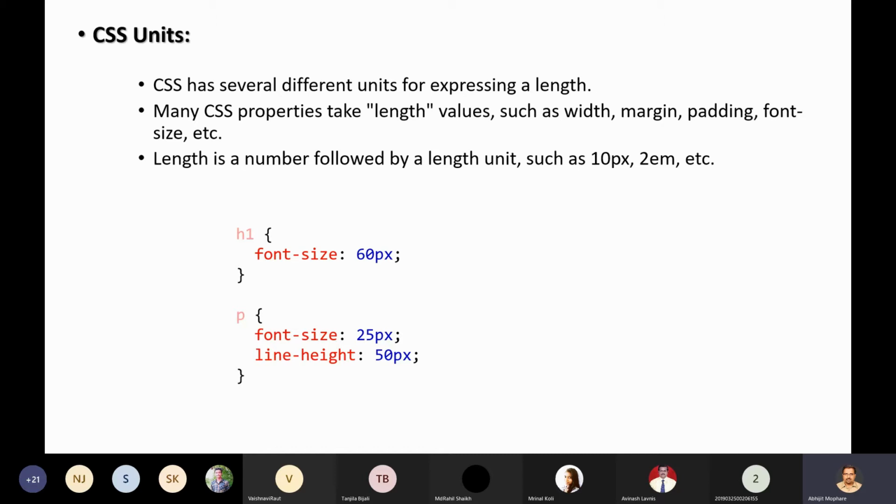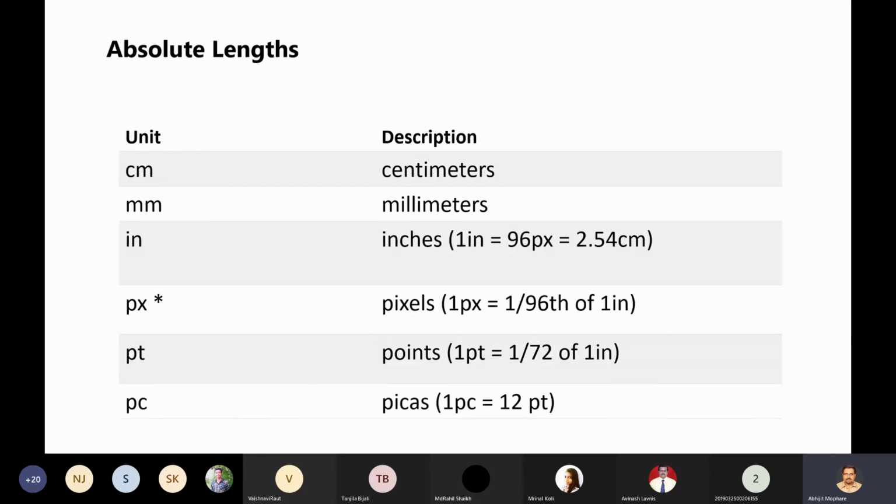It is quite rare, hardly 0.5% possibility, where you give the fixed length or absolute length. Normally we don't give absolute length unless we require it. The pixel, px, is the only absolute length unit which we frequently use, but centimeter, millimeter, inches, pt, pc, all these absolute length units we normally do not use.